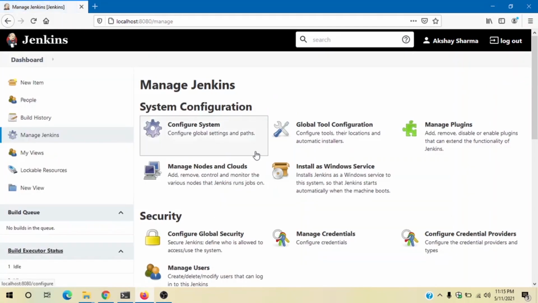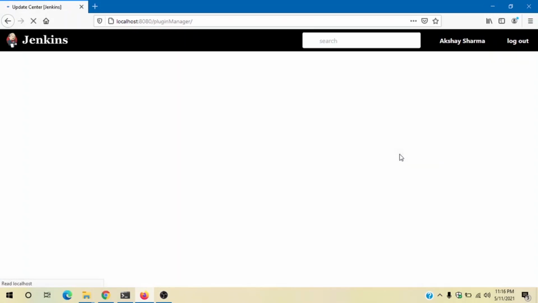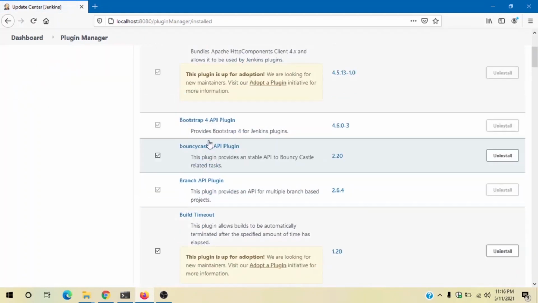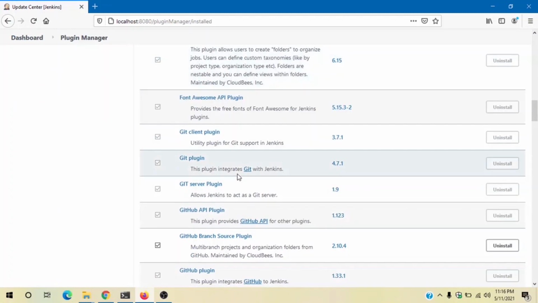I'll go to Manage Jenkins, then Manage Plugins. And in the installed plugins section, you can see all the plugins which were suggested by Jenkins on the installation window appear here.